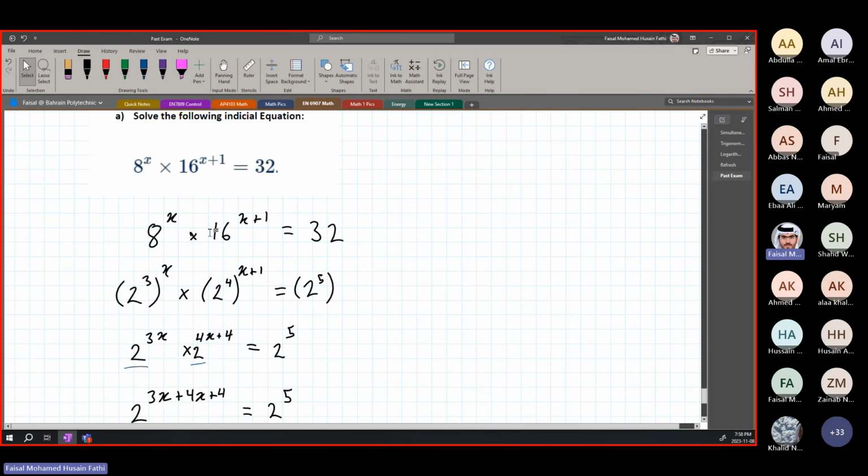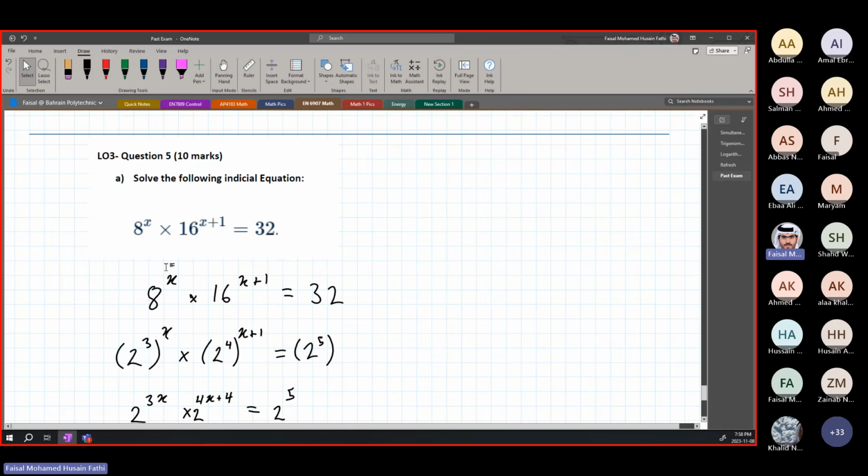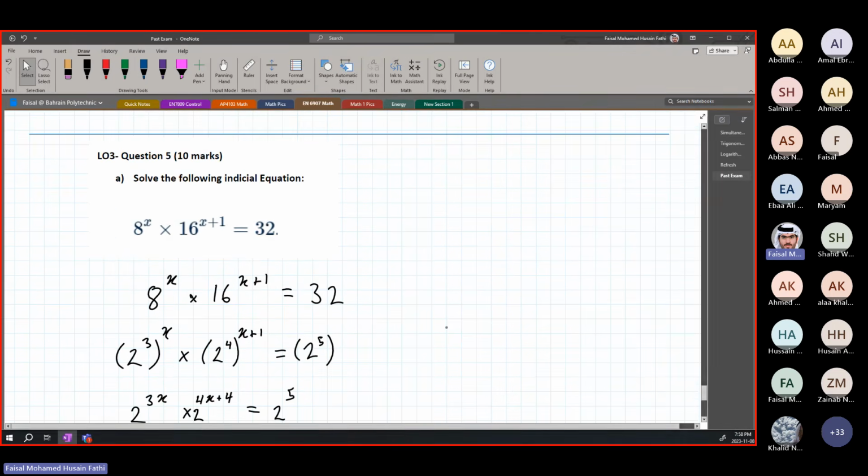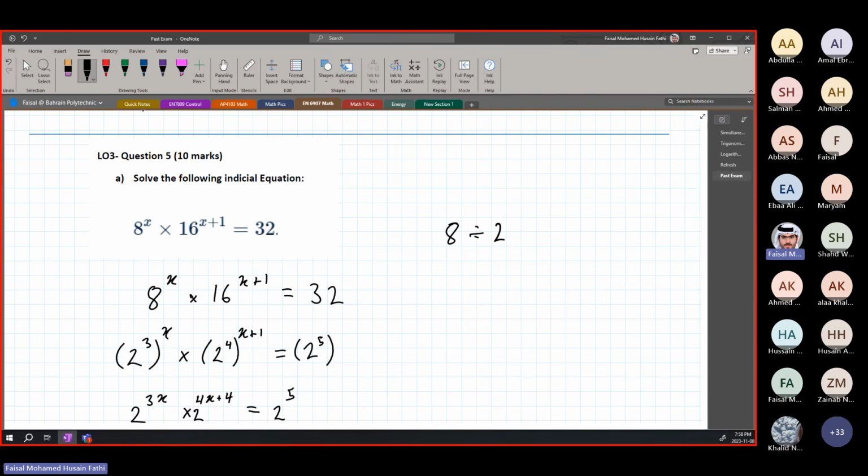My way, the easiest way I can say, is to do divisions, to work out how we got power 3, power 4, and power 5. What do we do? I take the calculator, I do 8, we know it's an even number, so I divide by 2. Okay, and I see how many times I can divide it by 2. 8 divided by 2 equals 4, and then 4 divided by 2 equals 2. So how many 2s do we have? 1, 2, 3. Because we reached the 2, the number that we want, so it's 2 power 3.